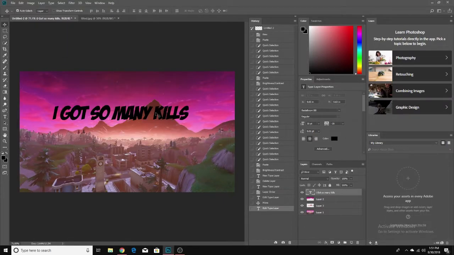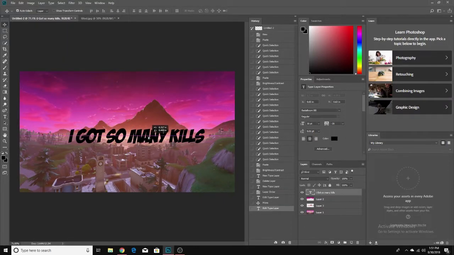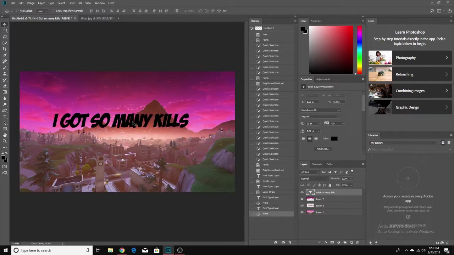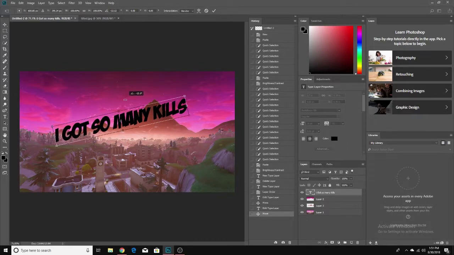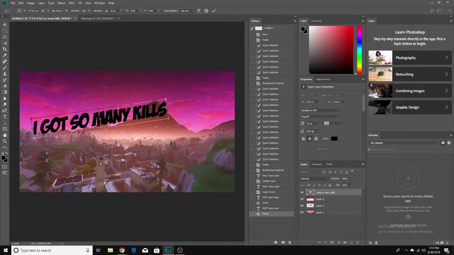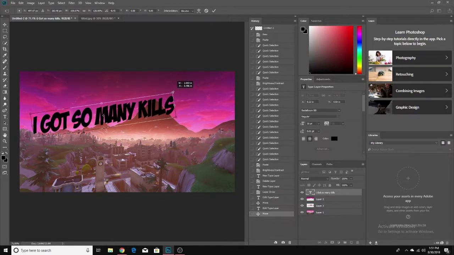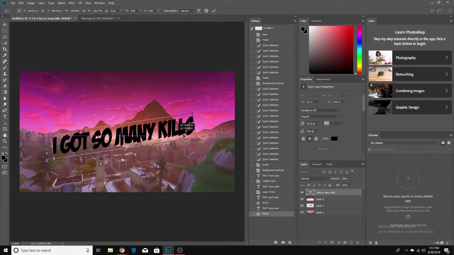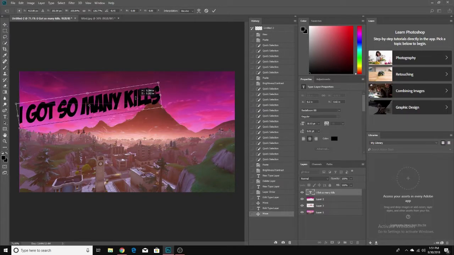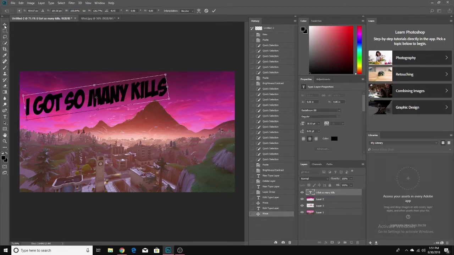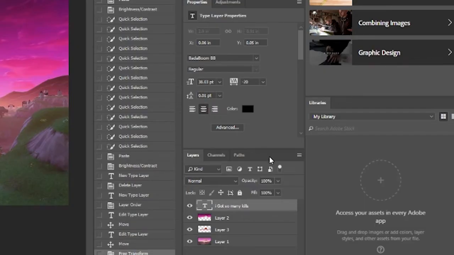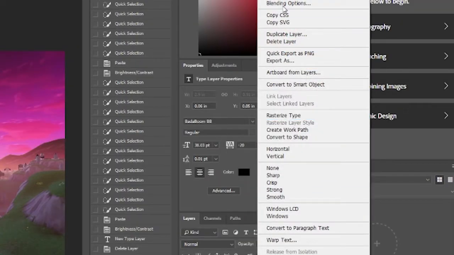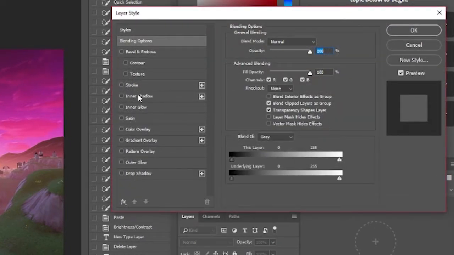See, it has a very solid looking image to it. So then what you're going to want to do is tilt it just a little bit to make it look a little bit better, and you can always make it bigger by doing that. See, since the color is changing right there, I'm going to put it up here to make it pop out a little bit. And then I will go in, if you right click, go to blending options and click stroke,